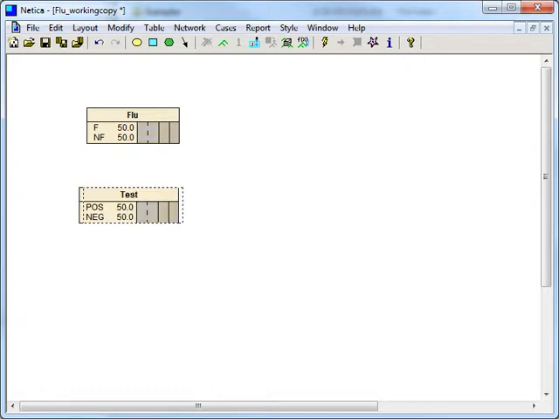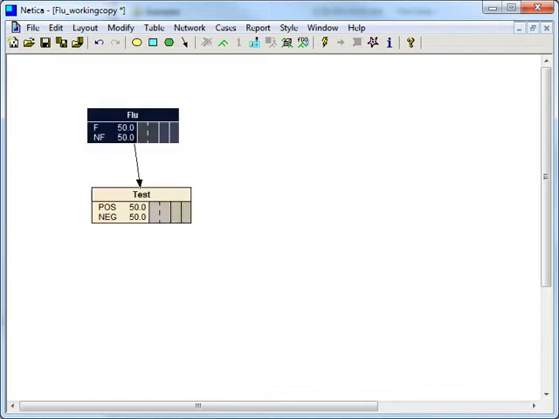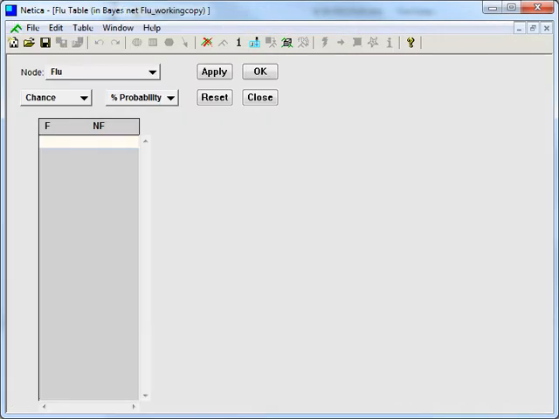So I set this up first with my two nodes, and then I draw the arc, or the arrow if you prefer, that connects them. Now what I have to do is go in and add my probability information. So for flu, if I bring up what's called the table, I can say, well, the probability of having the flu is 0.1%, which means the probability of not having the flu is 99.9%,